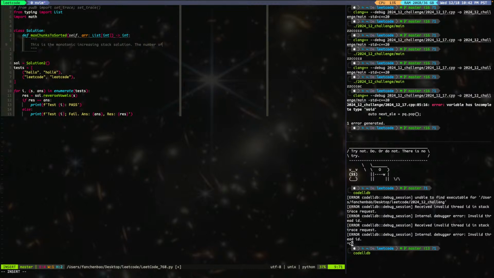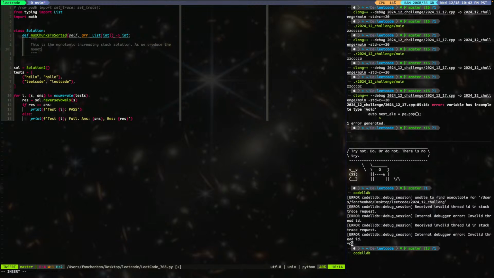As we produce the monotonic increasing stack, we only keep track of the max value, right? Max value